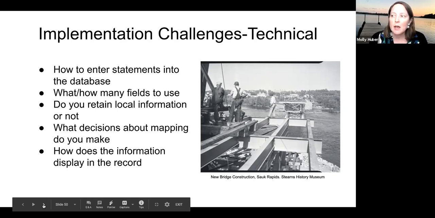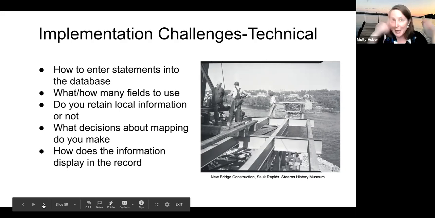A lot of times in the past, people would put contact information in their rights field, which I think we could all agree is not the right place for that, but you don't want that to be lost. So do you create a different field? Do you move that over? What about a field for your internal decision making, the steps that led you to making that determination? Do you create a field for that? If so, is it publicly available? Is it a private field? Which leads you into the mapping decisions too. What do you map to? Could you use Dublin Core? Do you use something else? Do you keep the local rights field, not map to it, and just map to the standard rights field? There are a lot of decisions that need to be talked through.